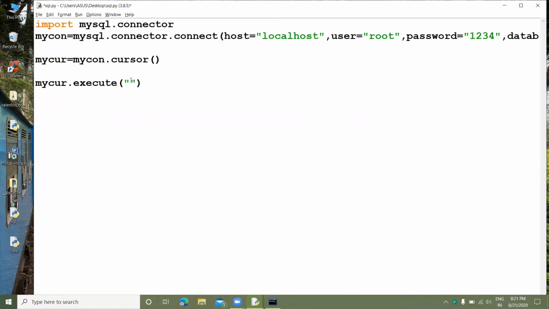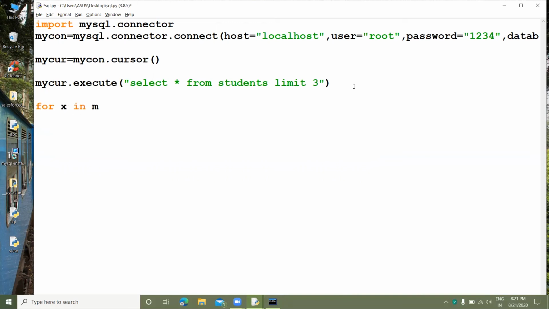Now select star from students limit 5. It's a 3. Okay, guys. Limit is 3. So let's run this program. Also, we have to use a loop for printing all the values.